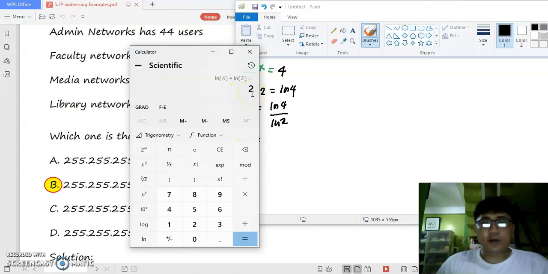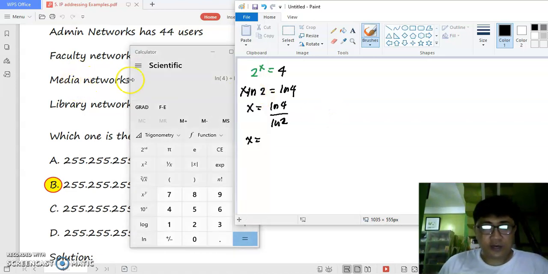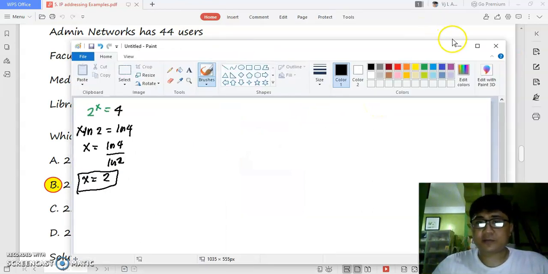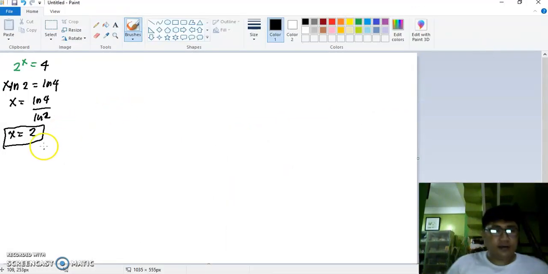So therefore, here we have our answer of 2. Meaning, for our network bits in our subnet mask, we have the dot, right? If you write the subnet mask,